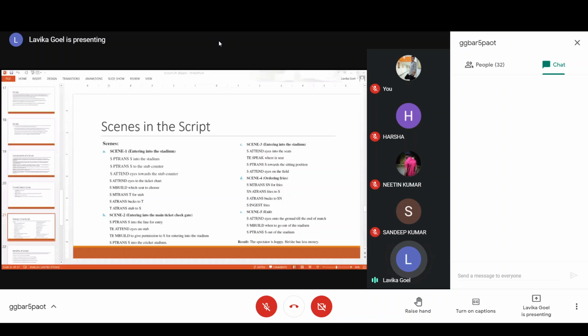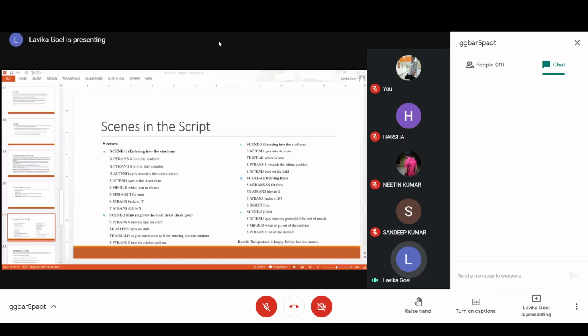But otherwise, if you write like this, it's a semi-formal notation. So that's fine for a script, because in a script, our main focus is not to convert into a CD representation. Our main focus is basically that we want to relate the events together in order to answer certain questions which are not obvious, which are not explicitly mentioned in a story. So that is a different purpose of a script.